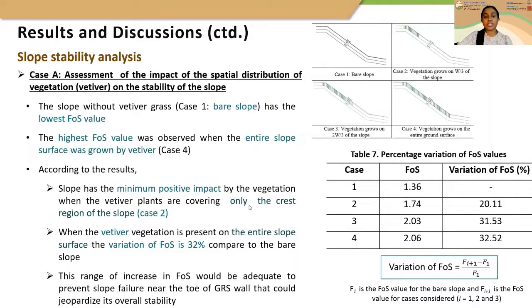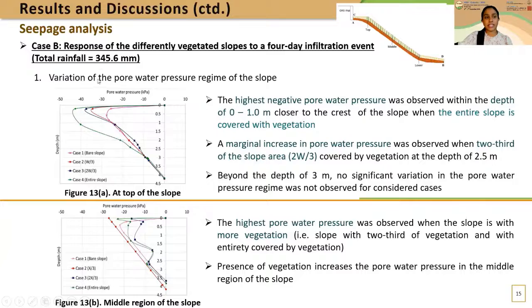So according to the test results, it clearly shows that the slope has the minimum positive impact from the vegetation when the vetiver plants are covering only the crest part of the area, only in case 2, which has a factor of safety value of 1.74. And both of the other cases have the highest factor of safety, and it has a higher variation of the factor of safety as well. So when we compare the case B case, in this case we consider the 4-day